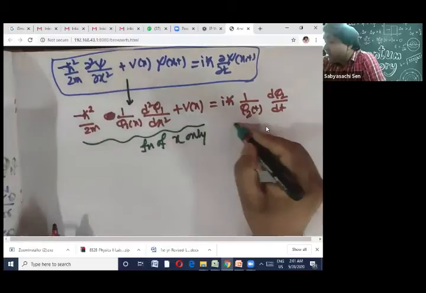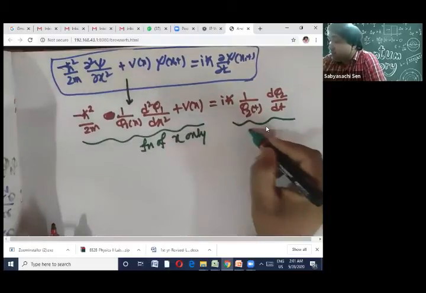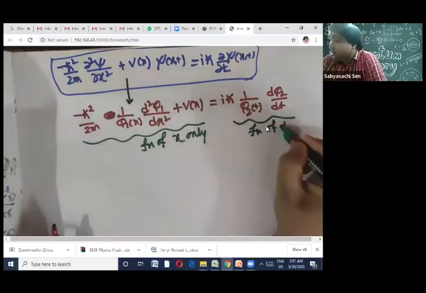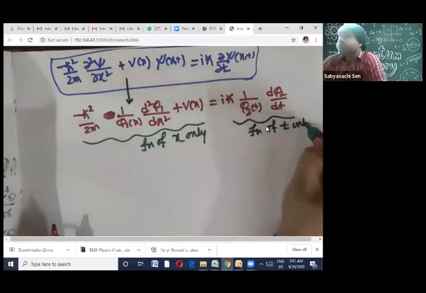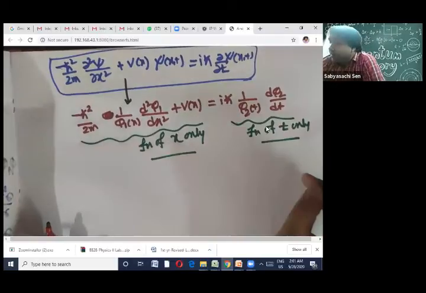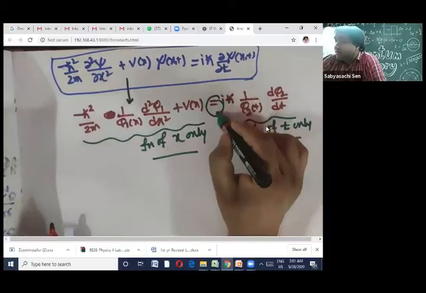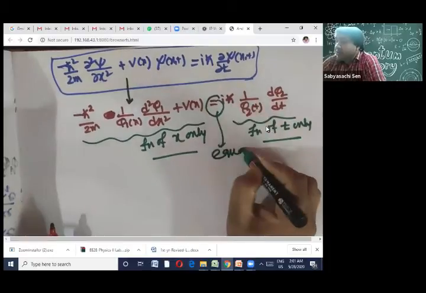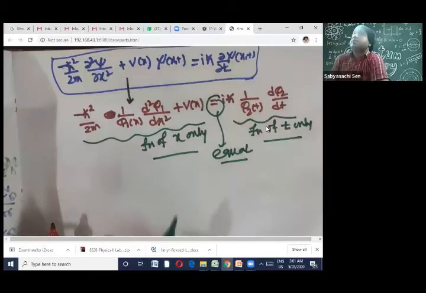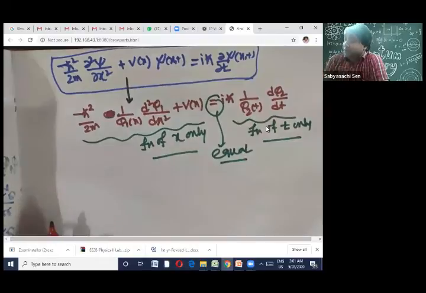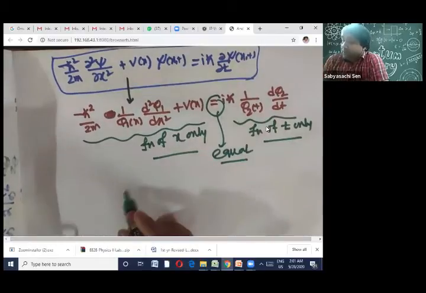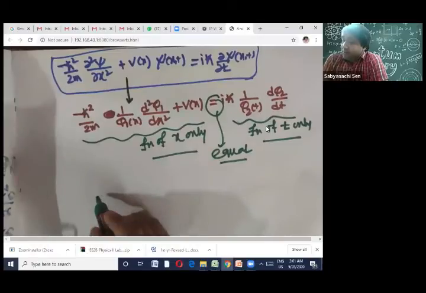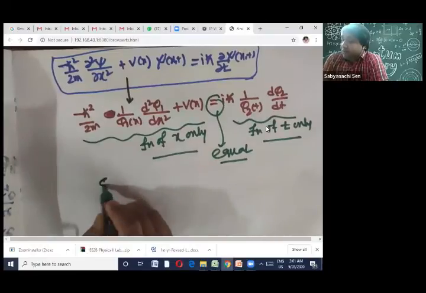And the right-hand side of the equation is a function of t only. And the problem is that they are equal. Now this is a typical equation of mathematics. I'll give an example, then you will realize. The idea is that suppose I have got an equation, like this: